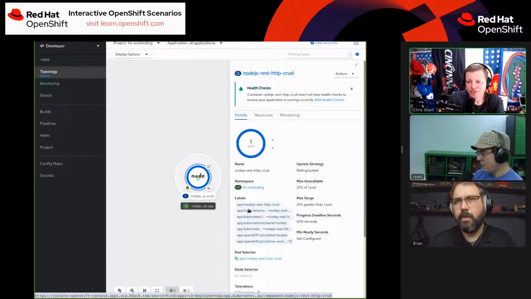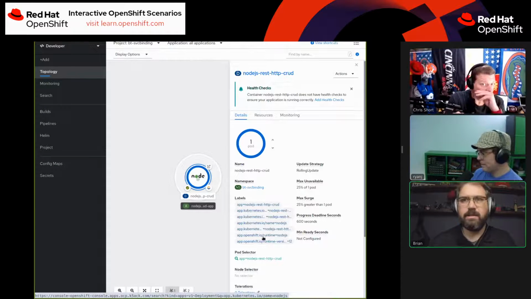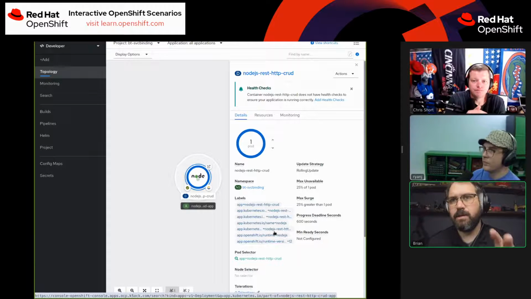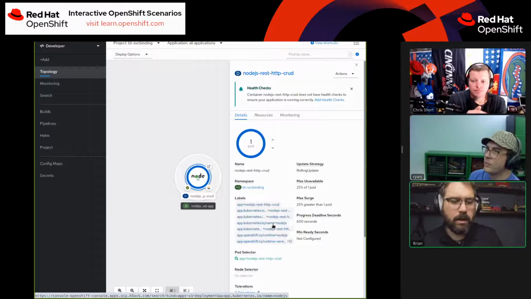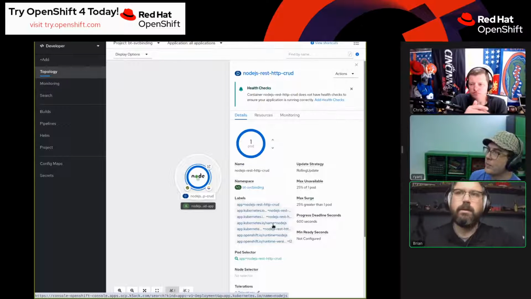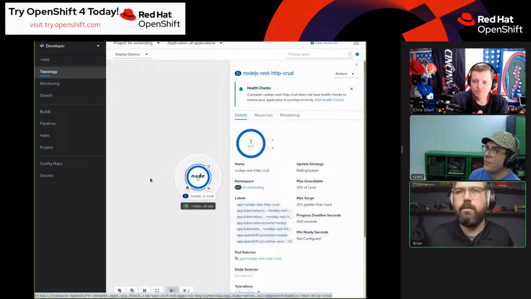Like Serena in chat points out, what's the app, what's the instance, what's the runtime, what version of runtime are we using? Those are labels we're giving you so that you can determine using the Kubernetes API, if you need to, what is actually going on with this deployment.